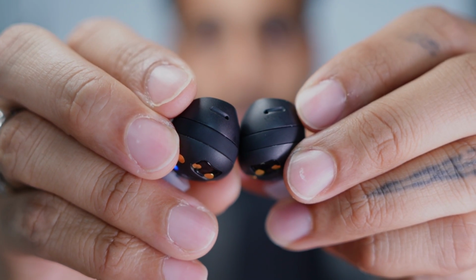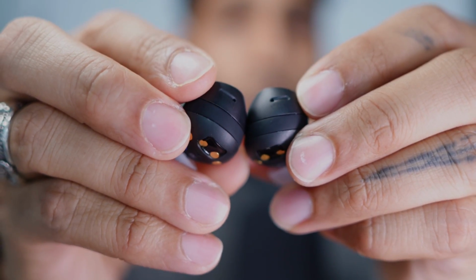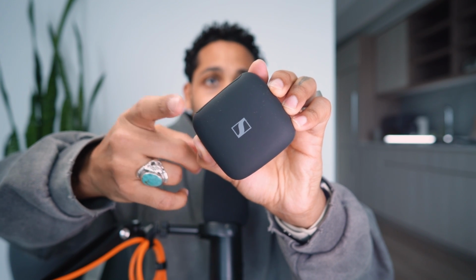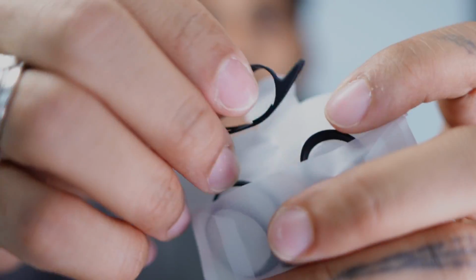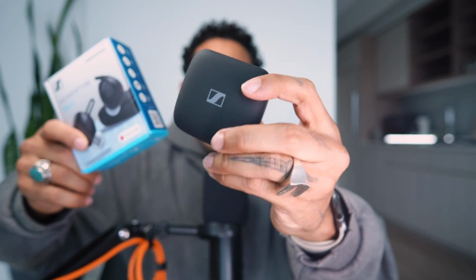Now, these buds aren't without their faults. Sennheiser, like any major company, didn't want to cannibalize their own sales, so they kind of cut back on some of the feature sets to make this not as competitive as the Momentum 4, but they're actually still pretty good. So we're going to do a quick unboxing. I'm going to give you the specs, an overview of the buds, let you know why I like them, my